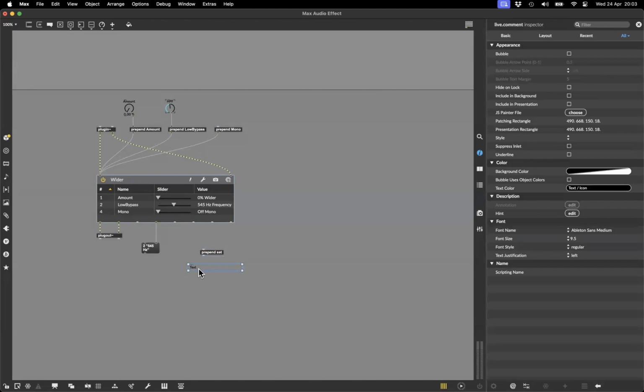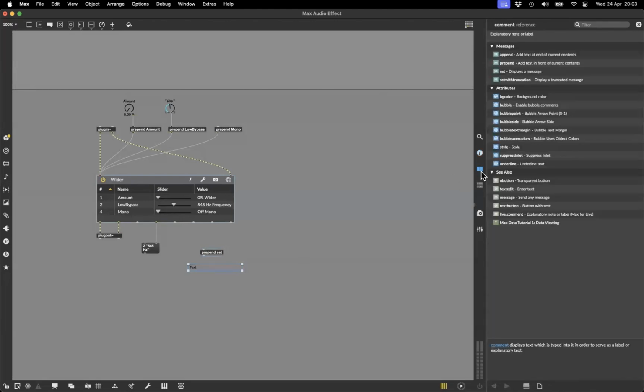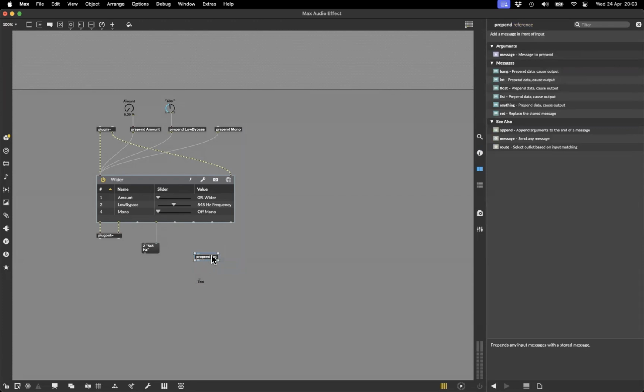If I click on this comment object and I go to the reference, I can see the kinds of messages that I can send to this object and what they might do. And you can see I have this message that says set displays a message. So if I send the word set followed by any message, it will set the comment object to display that message. In order to add the word set in front of this message, I can do prepend set. And if you remember, if we just look in our message box, now it's added set to the beginning of that. So if I attach this to this text box,